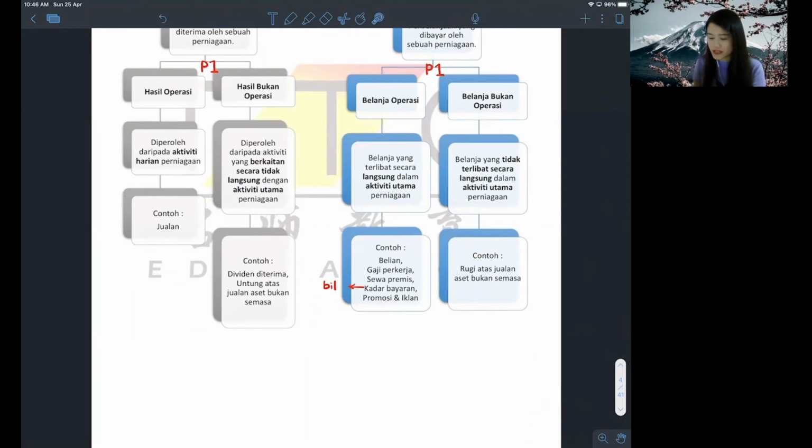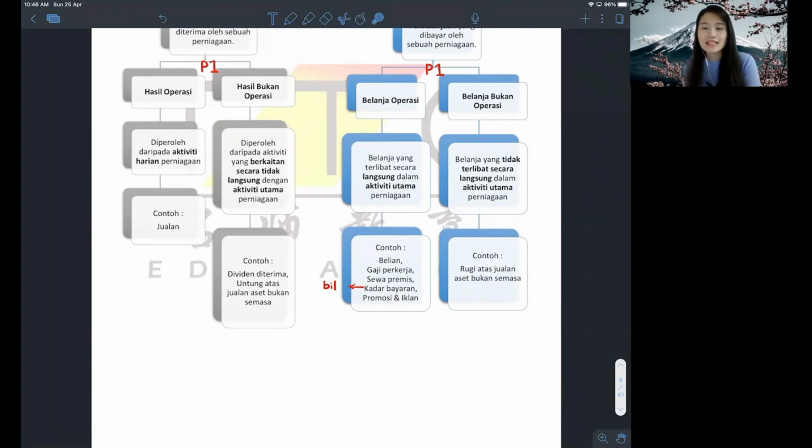Now promosi is what? Yeah, you guys know, right? Promotion. So when we do promotion, it's a form of belanja because it's necessary to attract my customer using flash sales. Okay, so flash sales means I cut off some of the prices. When it's supposed to be 50 ringgit, I sell for 45 ringgit. So that is the promotion that I'm doing now. It's a form of belanja because I suffer losses from it. It was a 50 ringgit thing. I sell for 45 ringgit. Didn't I rugi 5 ringgit from the sale? So that's why promosi is also a form of